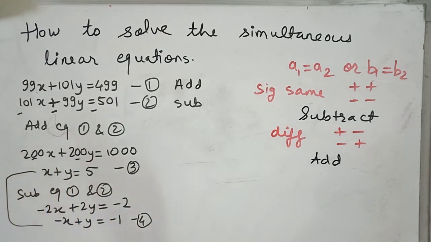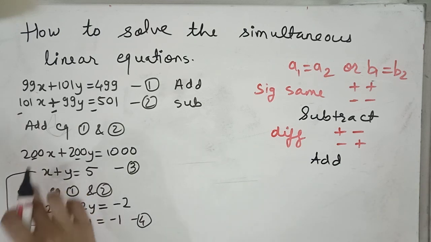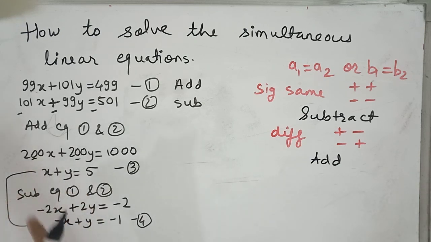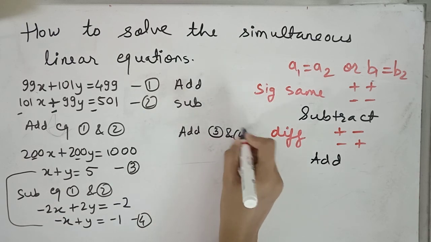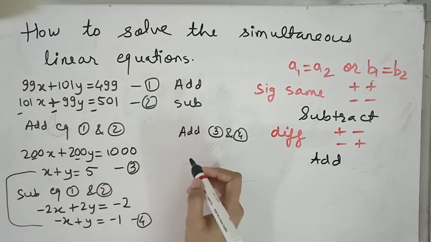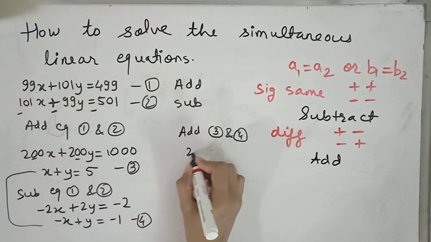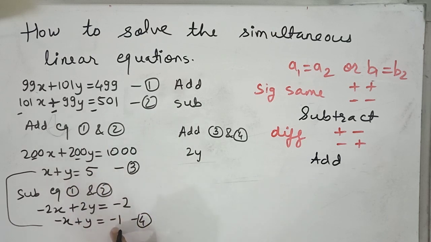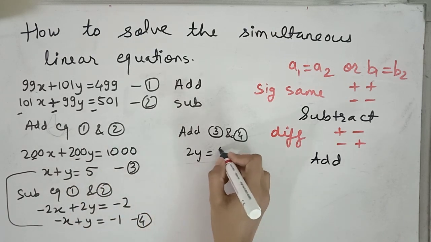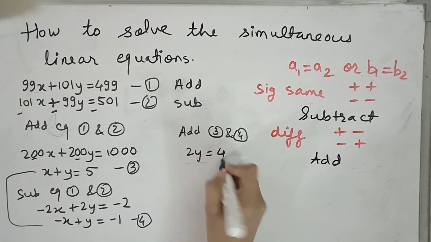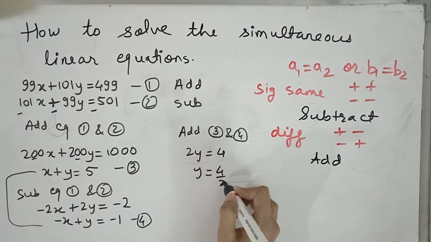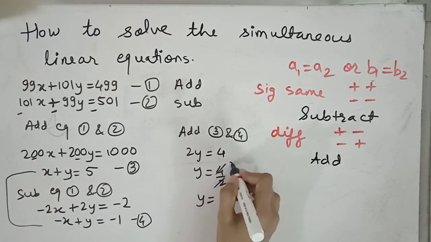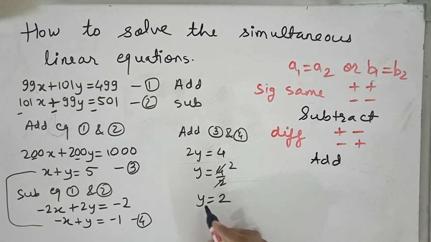Now these both equations are in simplest form. We can see here a1 and a2 are equal, even though their signs are different. So we can directly add equation 3 and 4. We will get x minus x will get cancelled, y plus y will be 2y, 5 plus minus 1, that will be 5 minus 1 is 4. So 2y is equals to 4, y will be 4 upon 2, that is 2 ones are 2, 2 2s are 4. So y will be 2.